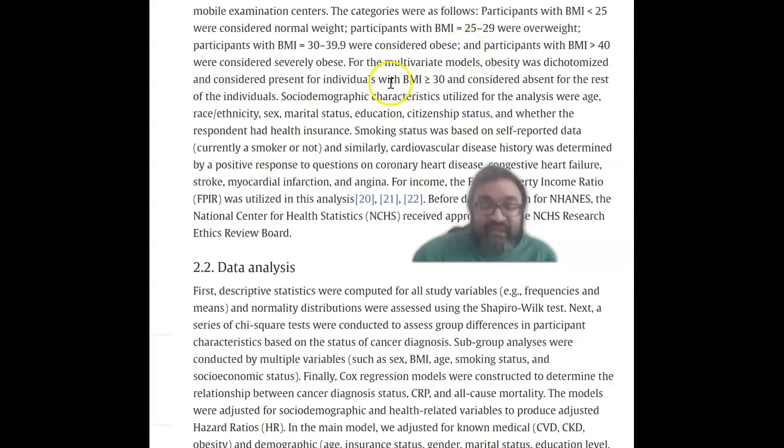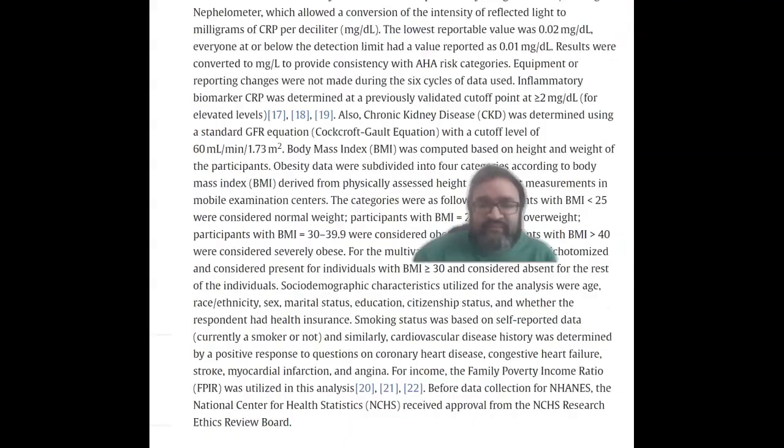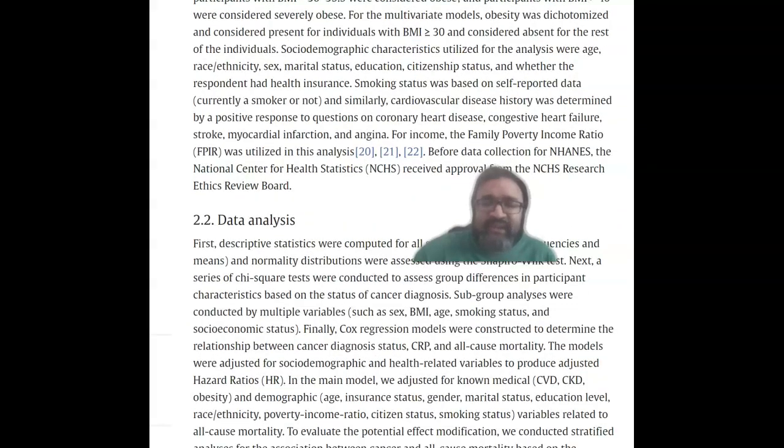What are confounding variables? These are variables that might have an impact on the relationship between, for instance, C-reactive protein and overall mortality, or even cancer and overall mortality. You might make the argument that sex or marital status or education are the reason you have an effect between cancer and overall mortality. So once you control for them, you know that sex, race, or education are not the reason that there is increased mortality.